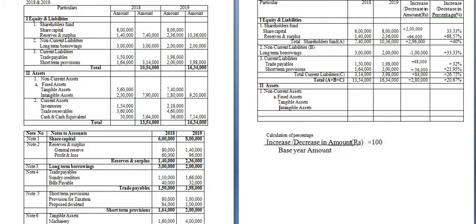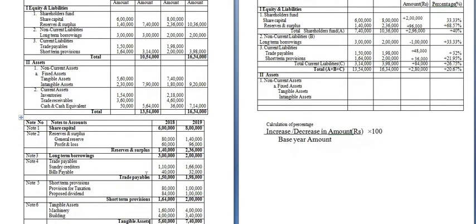In equity and liabilities, we have headings like shareholders funds, then long term liabilities, that is non-current liabilities, and current liabilities. And in assets we have current assets. In non-current assets we have fixed assets. In fixed assets there are two subtypes. First one is tangible assets and second one is intangible assets. And here the details of information is given.